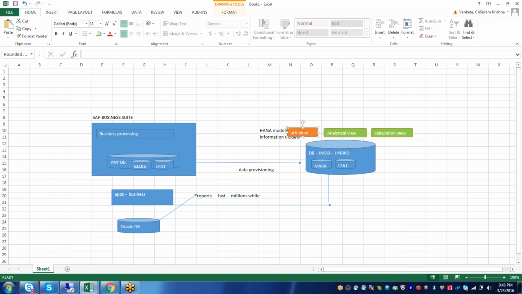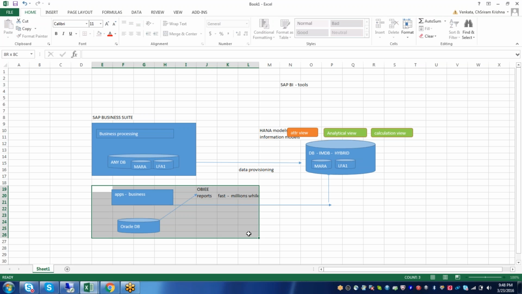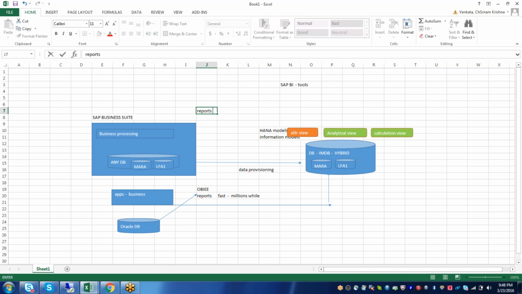And in order to generate the reports according to the client needs, here we have a tool called OBI, and here we are going to make use of SAP BI reporting tools. We can generate the reports here itself, and currently so many organizations are using OBI to generate the reports, no doubt. And you can generate the reports on top of the business feeds also. But if you want to accelerate your reporting performance, then transfer the data into the HANA DB and generate the